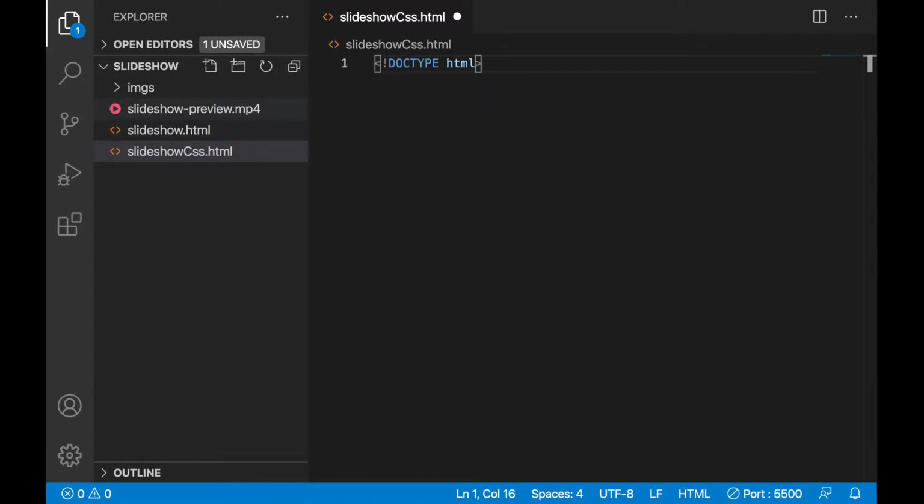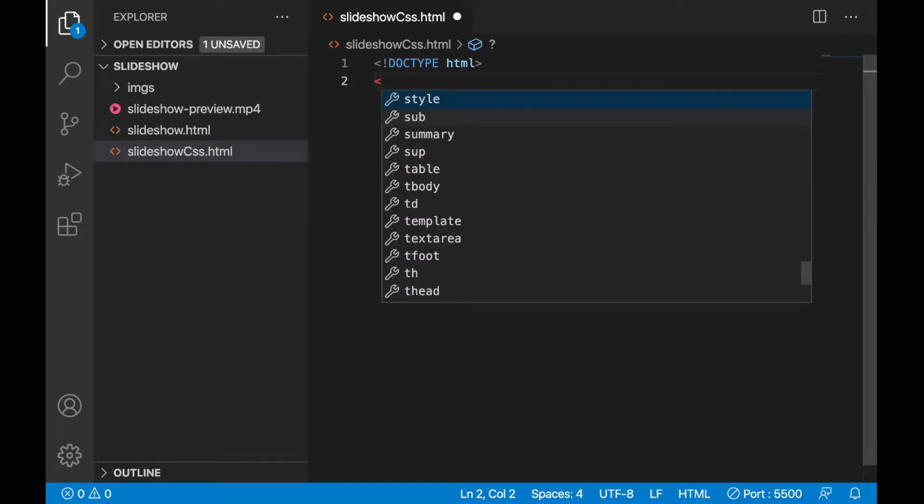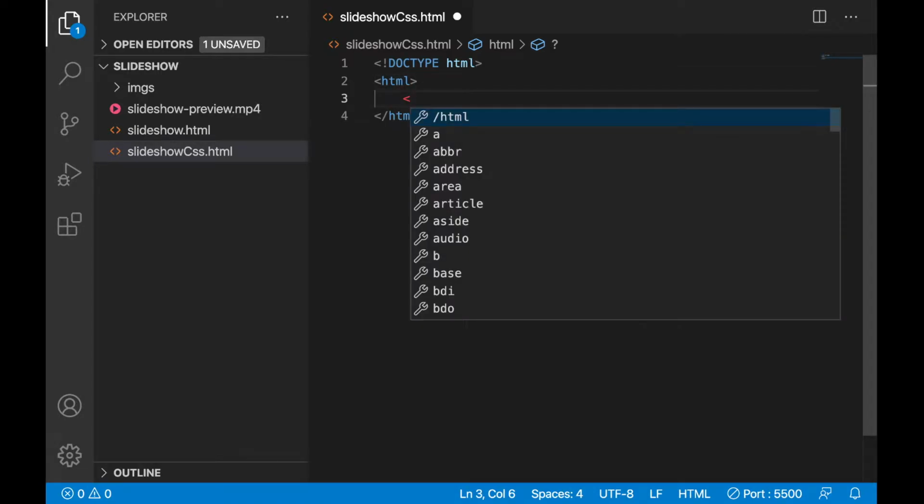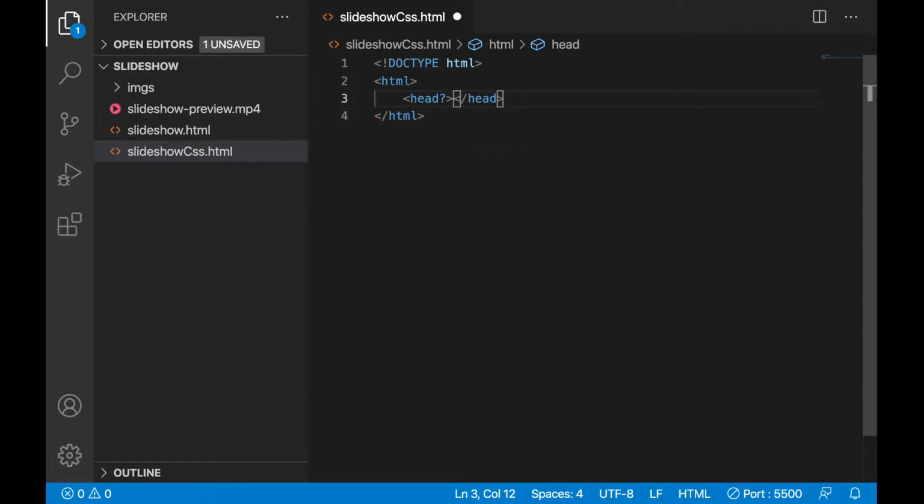Let's write some basic HTML. The doctype will tell the browser it is HTML with the 5th version. This is just for browser understanding, so that it will display properly whatever we are writing, all the tags. Next, html is the root element. Inside that we will write all the code. In that, two sections will be there. One is the head section. The second one is the body section.